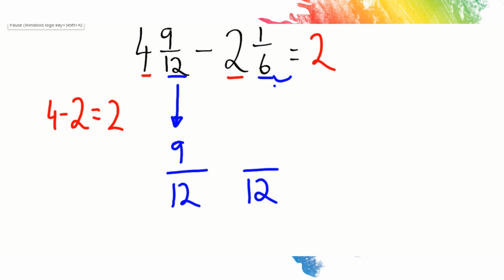What did I do to this? I multiplied it by 2. I'm going to multiply this by 2. Oh, that equals 2. So I'm actually going to do 9 12ths subtract 2 12ths. That equals 7 12ths. And I'm going to add it